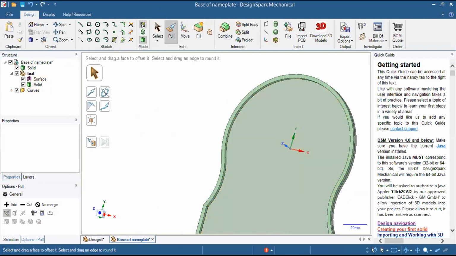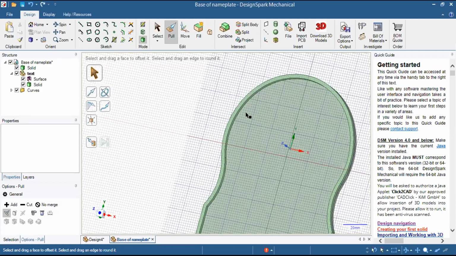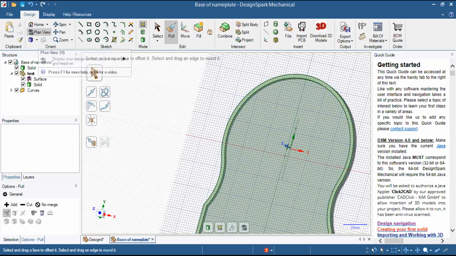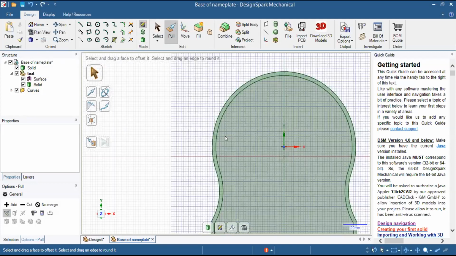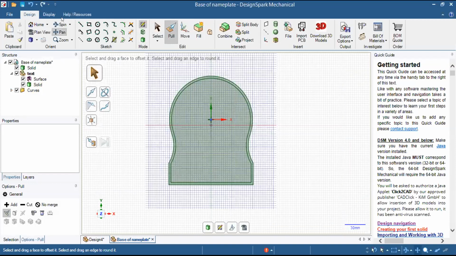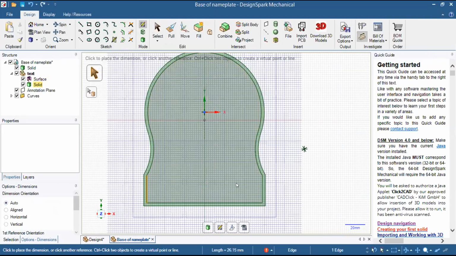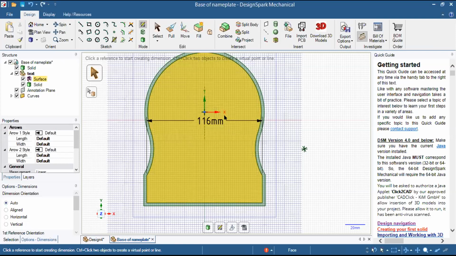Like I will go to sketch, and now I need to sketch over here on this plane, right? So I will come to sketch and go to plane view. Now for text generation, what we need to do is I need to select the command dimension and select 2 lines like this, and I'll bring it to the center. This will be again a revision for you for the text generation command.